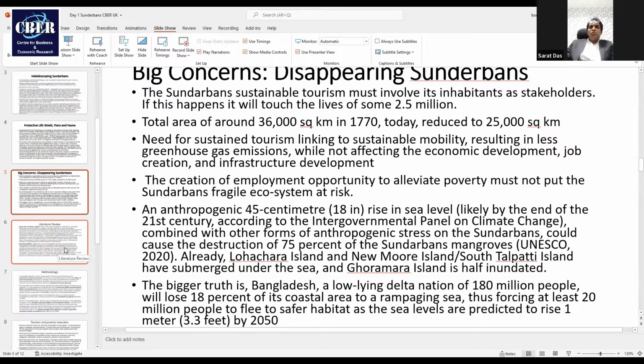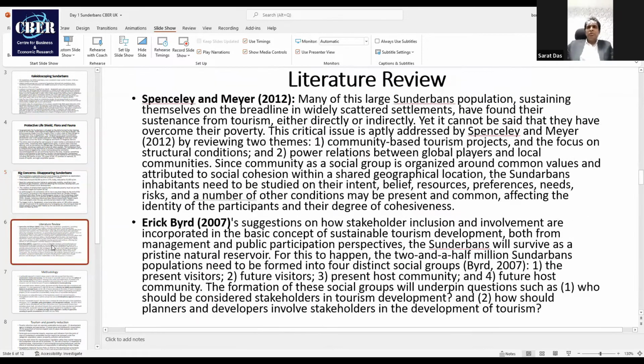Okay. So one of the things that we now think about is how do you protect this? Primarily, the threat is from greenhouse gas emissions and from a very hostile form of tourism, and in the name of development and poverty eradication, we have exploited this huge reserve of landmass and the flora and fauna. So now, if you can go to the next slide,